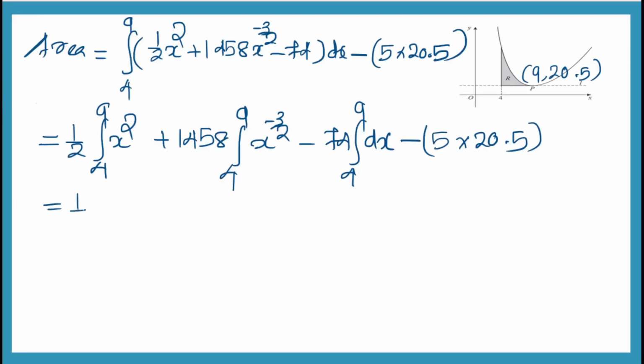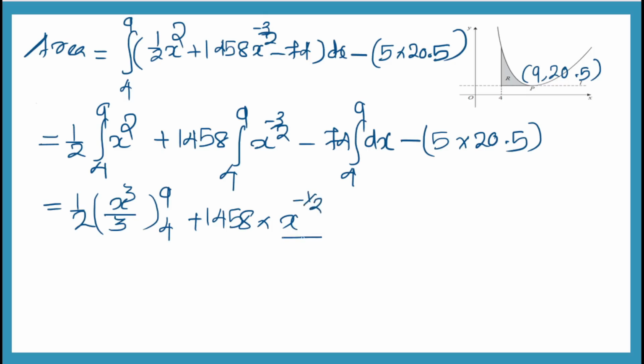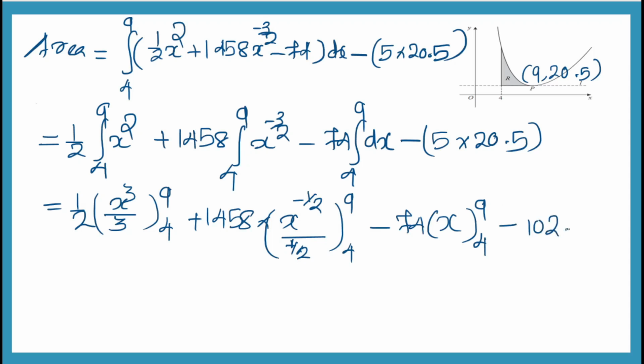That equals 1 by 2 times integral of x square, which is x cube by 3, with limiting values 4 to 9, plus 1458 times integral of x to the power minus 3 by 2, which is x to the power minus 3 by 2 plus 1 by minus 3 by 2 plus 1, that equals x to the power minus 1 by 2 by minus 1 by 2, with limiting values 4 to 9, minus 74 times integral of dx, which is x with limit 4 to 9, minus 102.5,